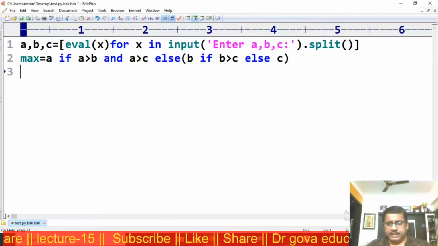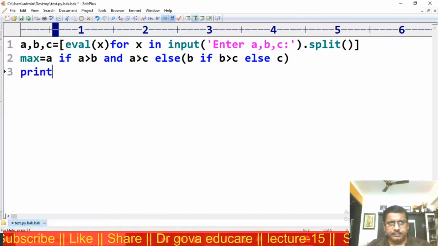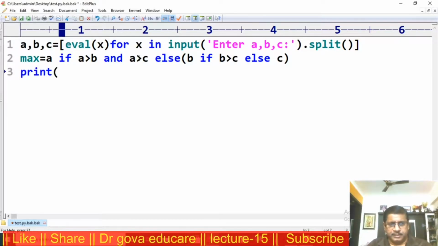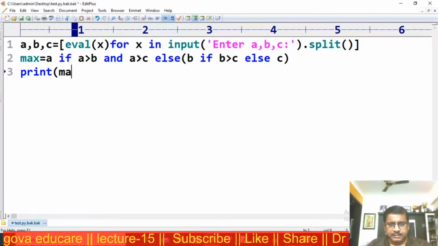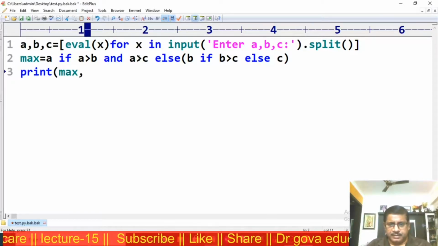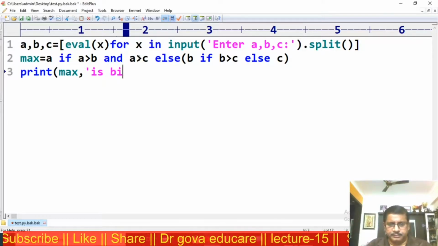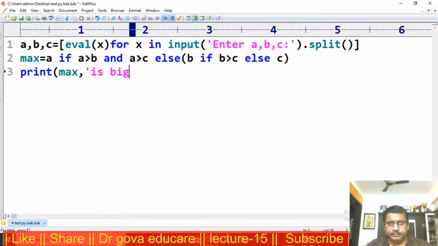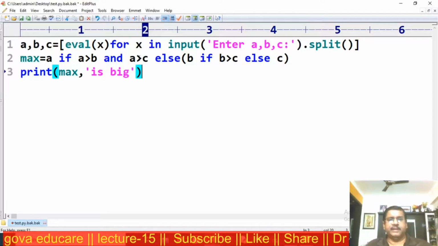This is the condition. And print max is big. This is the program.